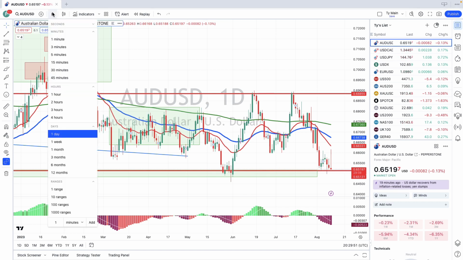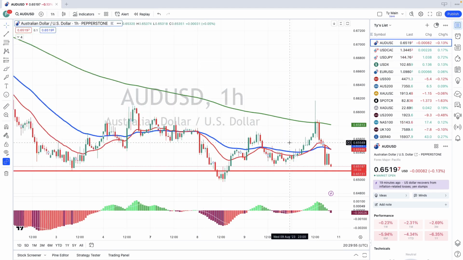And when you go to a 1 hour chart, again, the dollar index will probably tell the story here. But you can see effectively the last half of the session was very, very ordinary, and it really started to finish very close to its low. That really tells the story and paints a pretty ugly picture of where the market's really at. The CPI data is out, and look, it didn't miss by very much. It was only 0.1% lower than expected anyway.